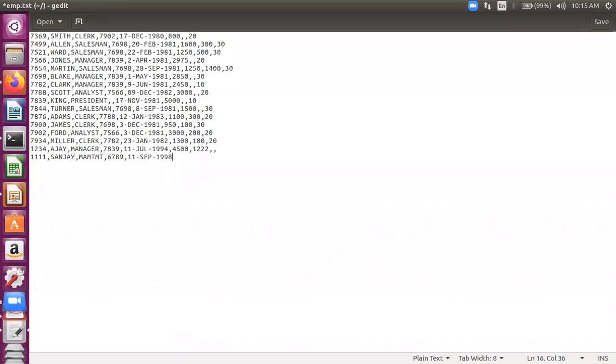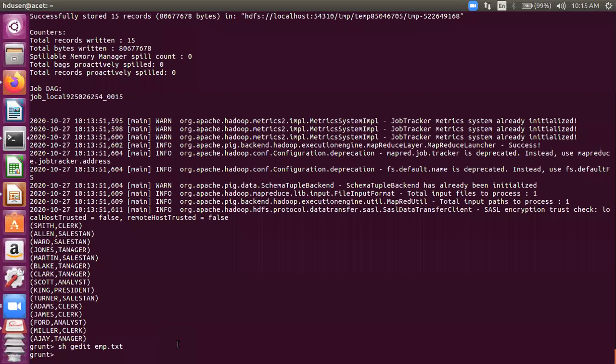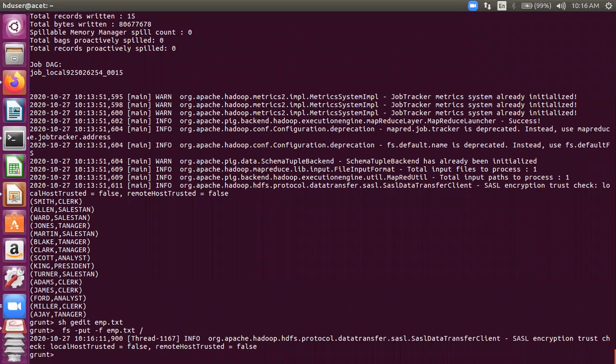I'll just put them, and a salary, then the commission, and then say department number. So I'll put a null in the department number. Okay, I've added one row. I've saved it. I need to transfer it to my HDFS because I'm using Pig in the MapReduce mode. So fs -put. This is already in the HDFS, so I'll force its entry. This is the command to put it in the root of HDFS, forcing its entry there. Okay, so it's done.